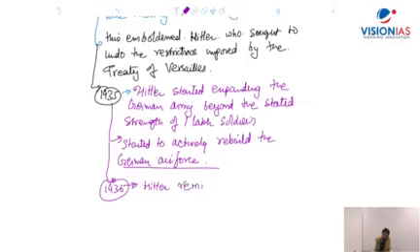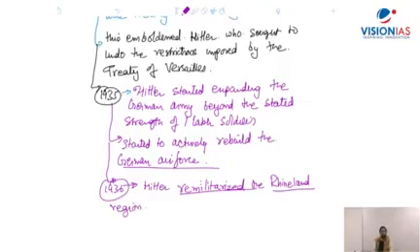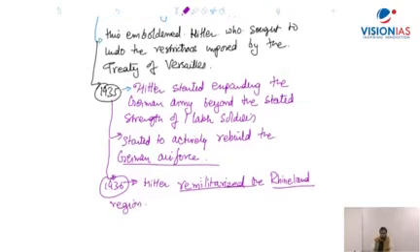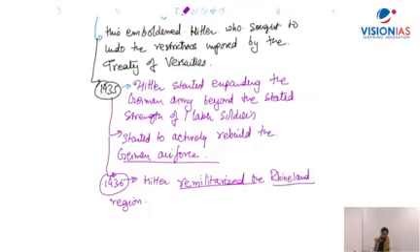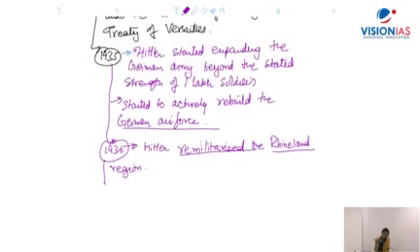What Hitler is doing is that Hitler remilitarized the Rhineland region. And this is also a violation of the Treaty of Versailles. In 1937,